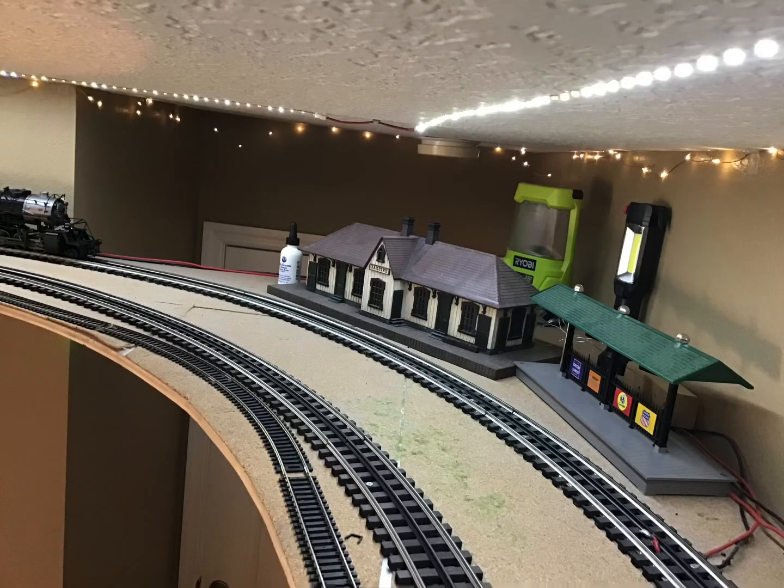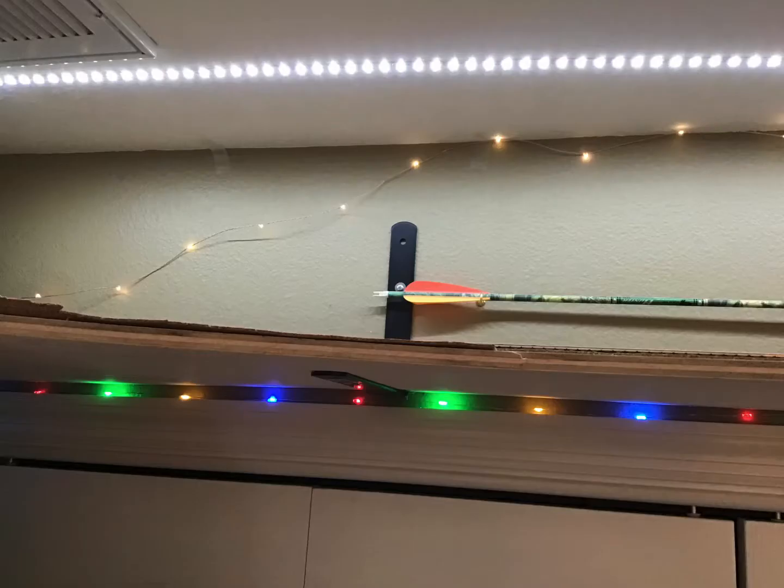Even though I'm using 072 and 081 curves, I still have a decent amount of space in all four corners of the layout, so this gives me plenty of room to, in the future, play around with scenery and stuff like that. Now, the whole layout itself is 11 inches down from the ceiling,